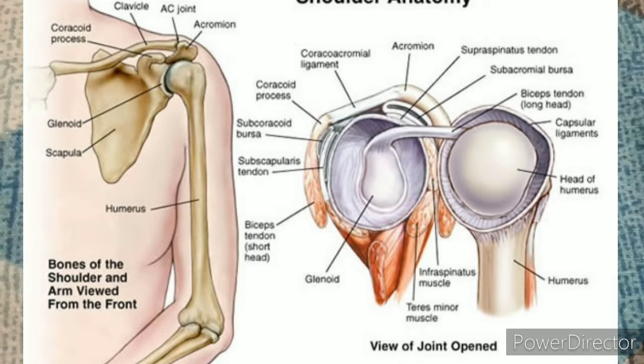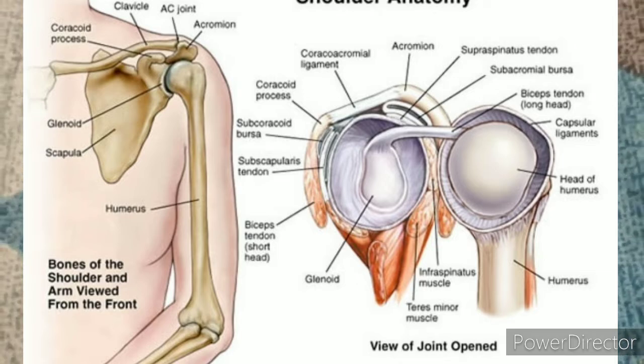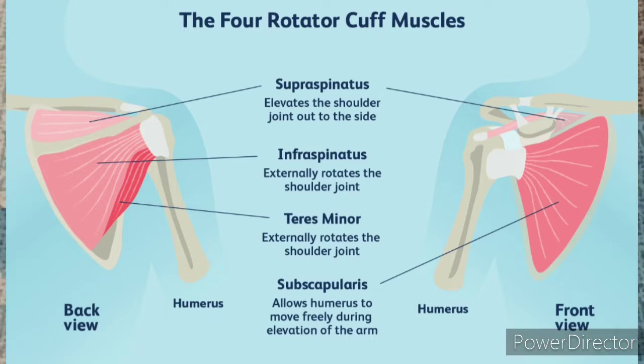Then you have the dynamic shoulder stabilizers, which include the muscles of the rotator cuff. The rotator cuff muscles are as follows. One is supraspinatus, then infraspinatus, then teres minor and then subscapularis. The supraspinatus, infraspinatus and teres minor, that is SIT, are inserted on the greater tubercle, whereas the subscapularis is inserted on the lesser tubercle. So the subscapularis tendon becomes the forgotten tendon of the rotator cuff. The other dynamic stabilizers include the deltoid tendon and the biceps tendon.